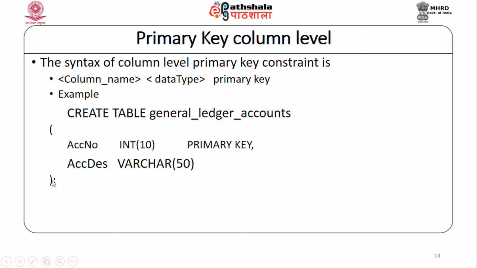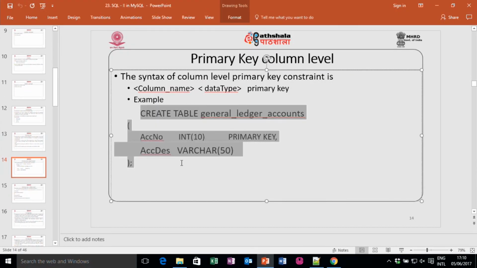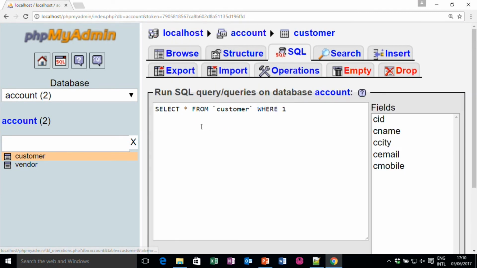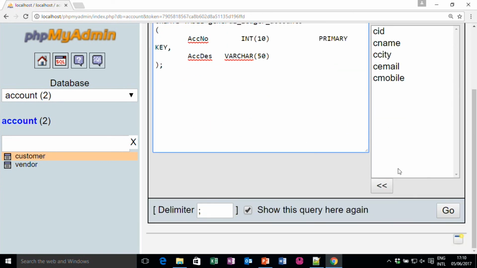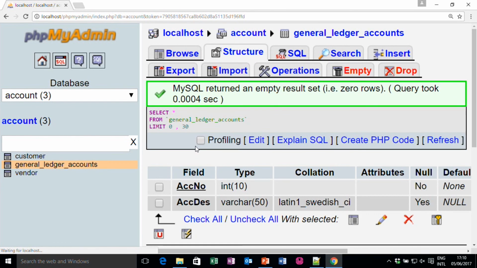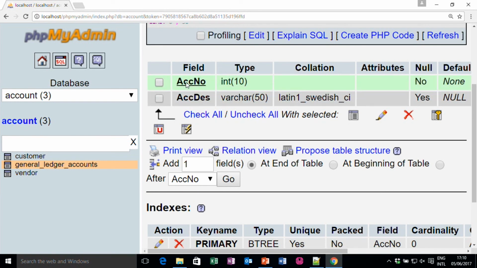We have already created tables like that, but just to give a brief idea, let me create a table with a column level primary key. If you click on the go button, one table is created, the table name general ledger accounts, and you can see here this is the primary, account number is considered as the primary key. To define